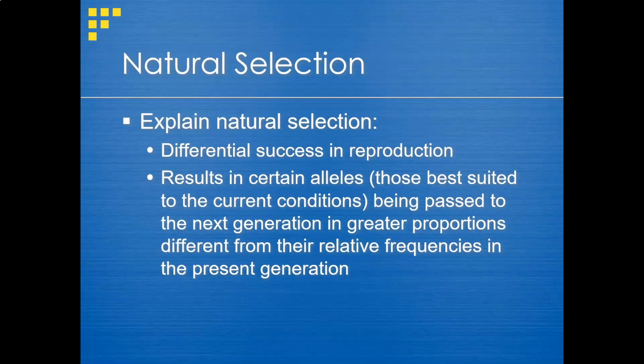Certain alleles should be better suited for the current conditions in the environment. The individuals with those current sets of traits, those current alleles, should then reproduce at a higher rate compared to those lacking that allele. As that happens generation after generation, greater portions of the population should reflect that allele frequency based on the traits that are more suited, more adapted for the current environmental conditions. If those conditions change, then those frequencies would theoretically change as well over time, as that shift in reproductive success changes as well.